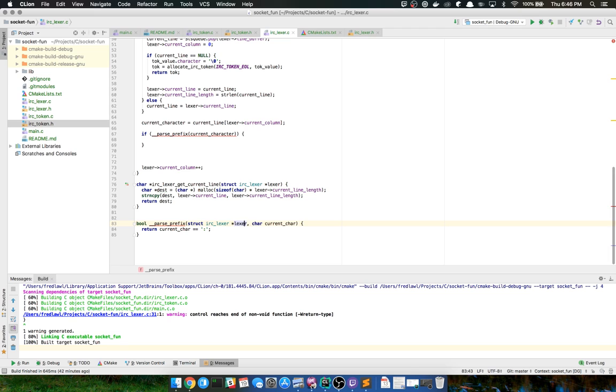And then what I'm going to do is have it return the token. So struct IRC token pointer toke. Okay.